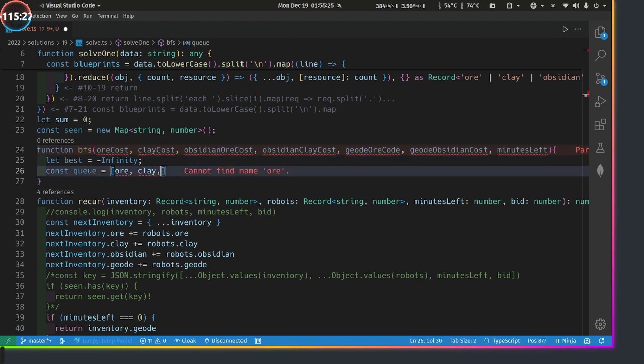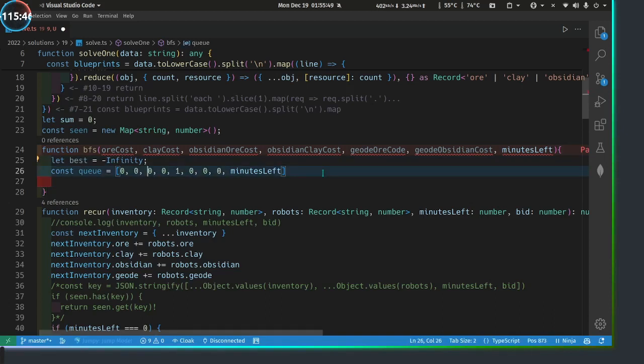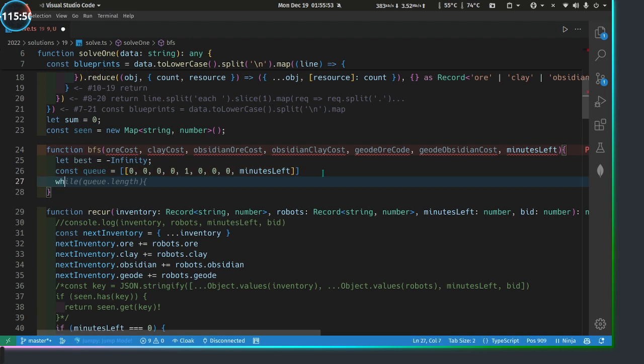Now we're gonna start off with our initial values. No ore, no clay, no obsidian, no geodes, and then our robots. One ore robot, and then none of the other three. And then we're also gonna include minutes left, I suppose. And this is our lovely queue. Well, it needs to be an array of arrays, not this. Now, while queue.length, let's go ahead and